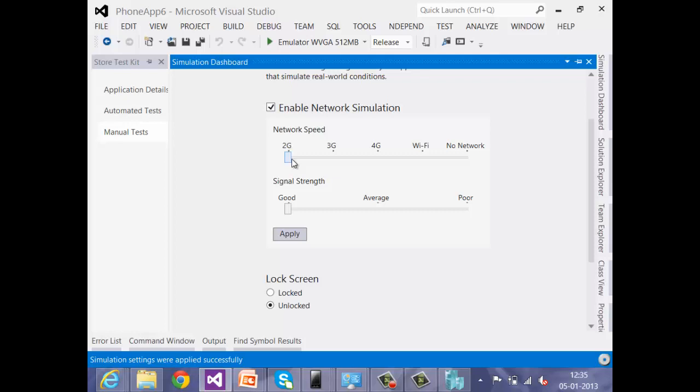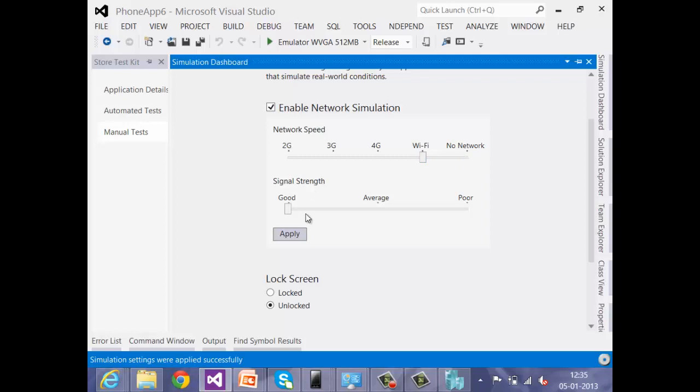It will use the existing internet connection, and it will try to simulate the speed accordingly based on the options that you have selected here. I can say 3G, or a Wi-Fi network, or no network. I can also say whether the signal strength is good, average, or poor.